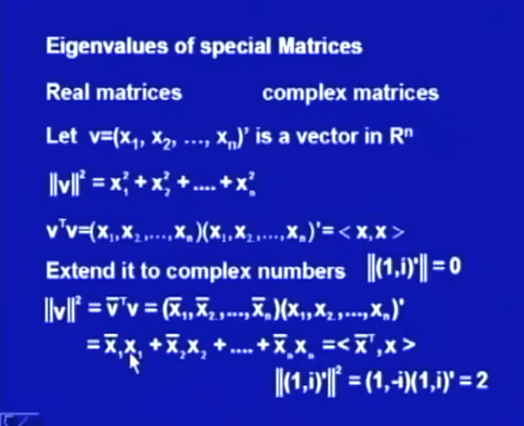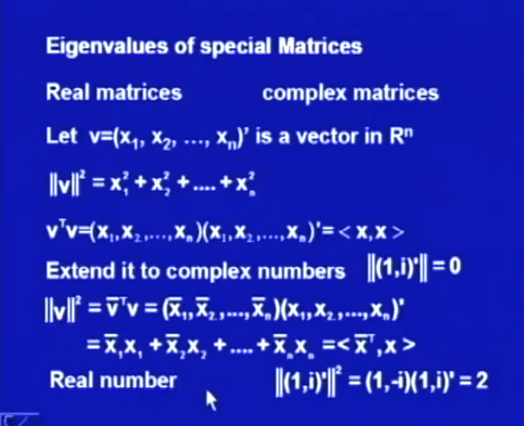If you use this revised definition for length, then the length square of 1 comma i transpose comes out to be 1 minus i, because minus i is the conjugate of i, multiplied by 1 comma i its transpose, and if you multiply it, it is 1 and minus i square, which is also 1. So, the length square is equal to 2, and this is not 0 when this vector is not 0. So, we know that this number is now a real number, and this has to be because length is a